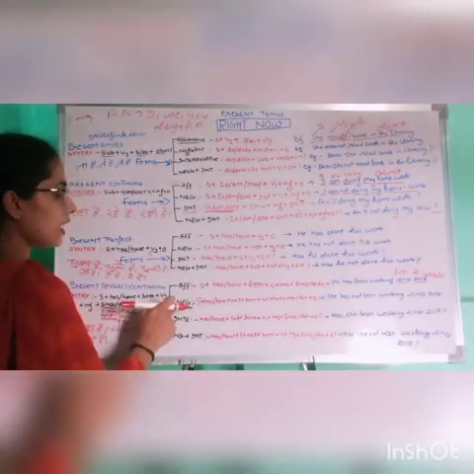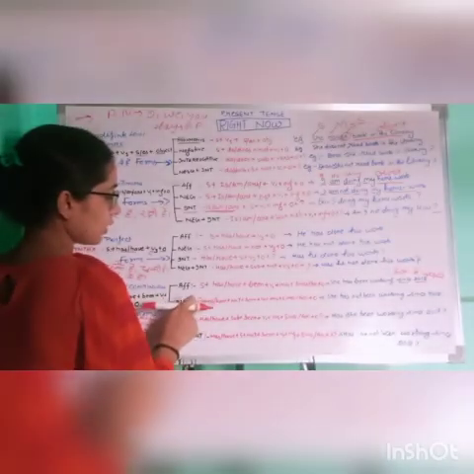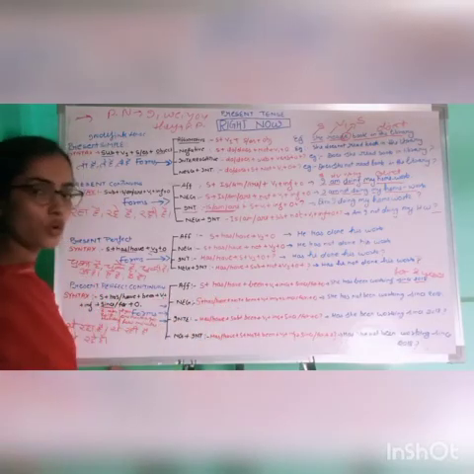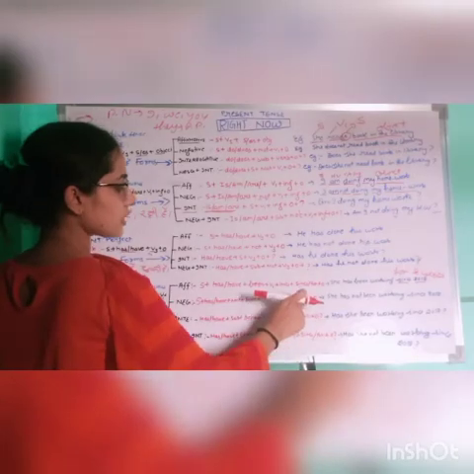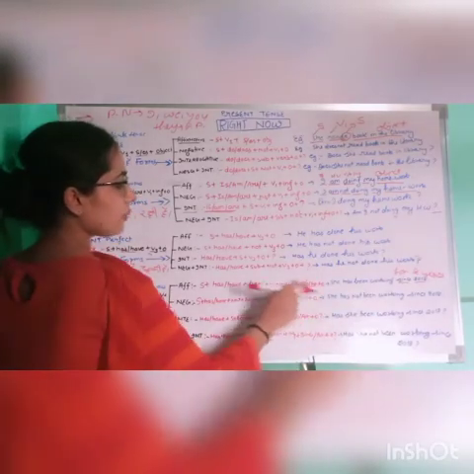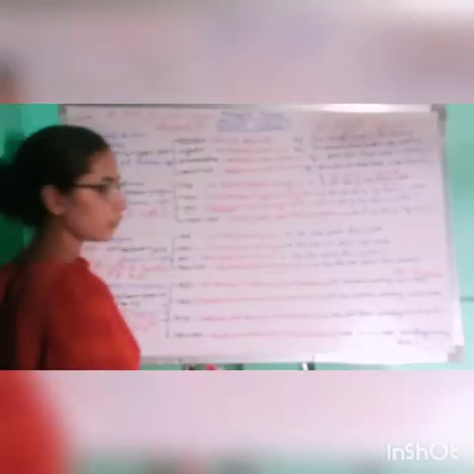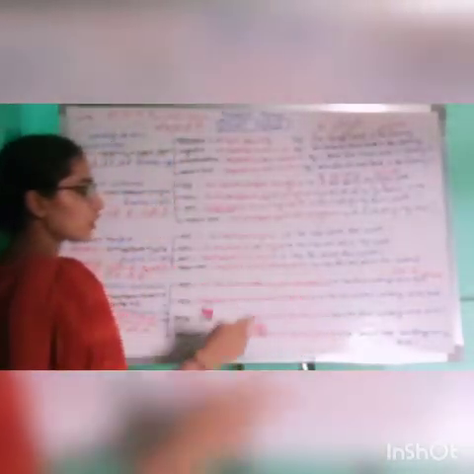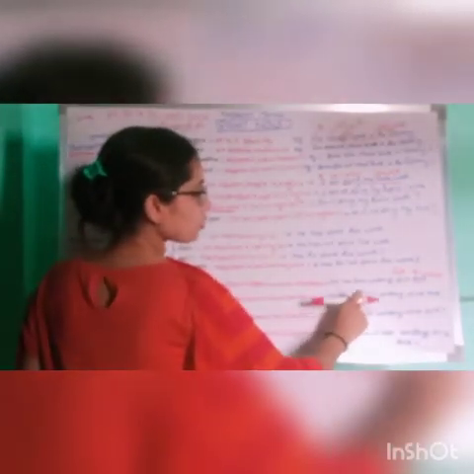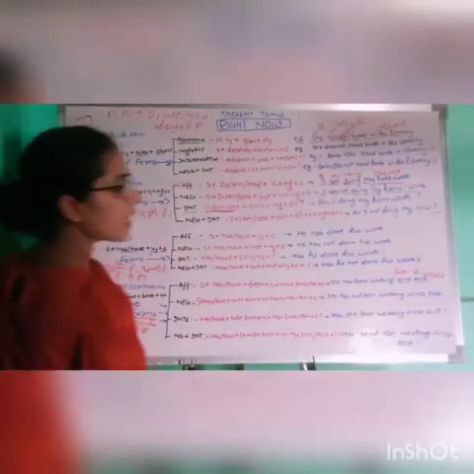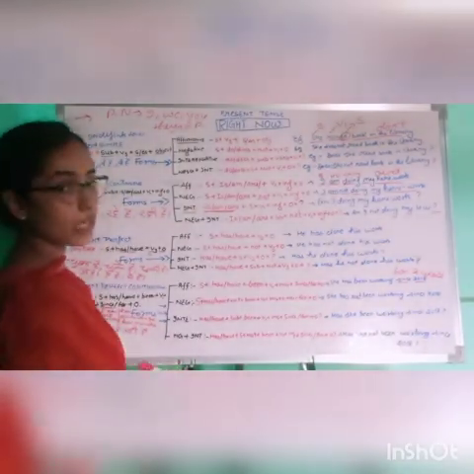Now let's move towards the negative sentence. Then it will be as follows: subject plus has, have plus not plus been plus verb first form plus ing plus since or for plus object. This is the negative syntax for the present perfect continuous. And then the compilation of the syntax into a sentence will be like this: she has not been working since 2018.